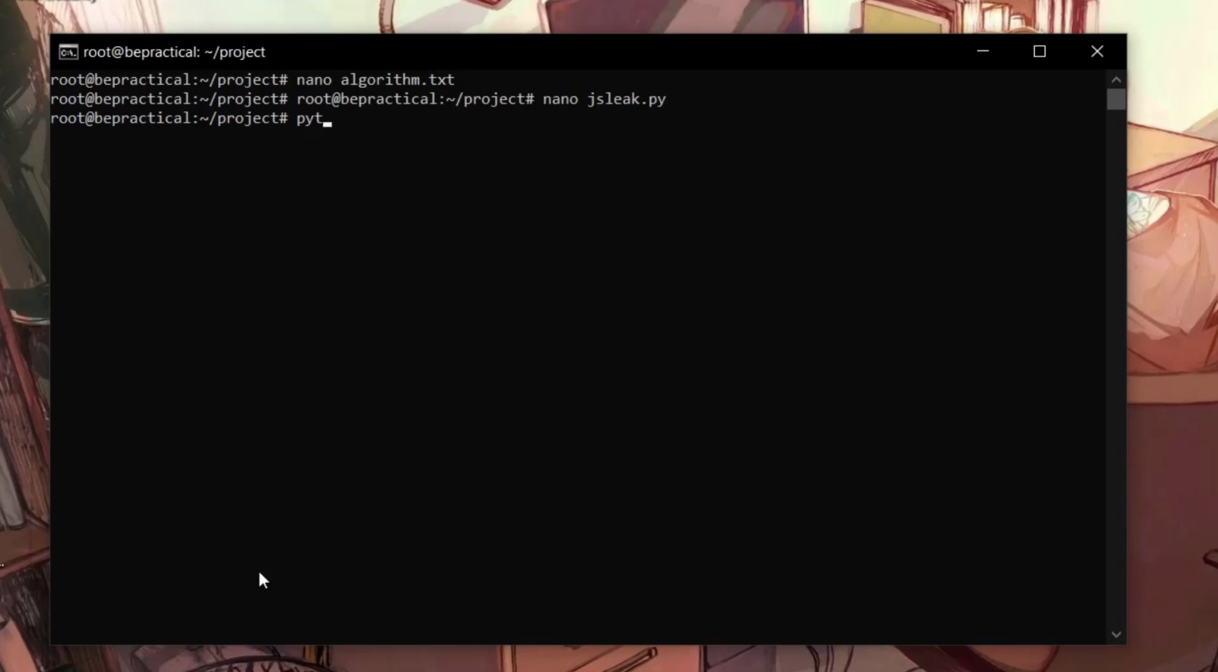And now if I type python3 jsleak.py, and you are seeing nothing, it means that all of the modules are already present on your machine and you don't need to do anything. Otherwise, you can install them by typing pip3 install requests, or whatever library is not present on your machine. This will install the libraries. Now once we have imported the libraries,